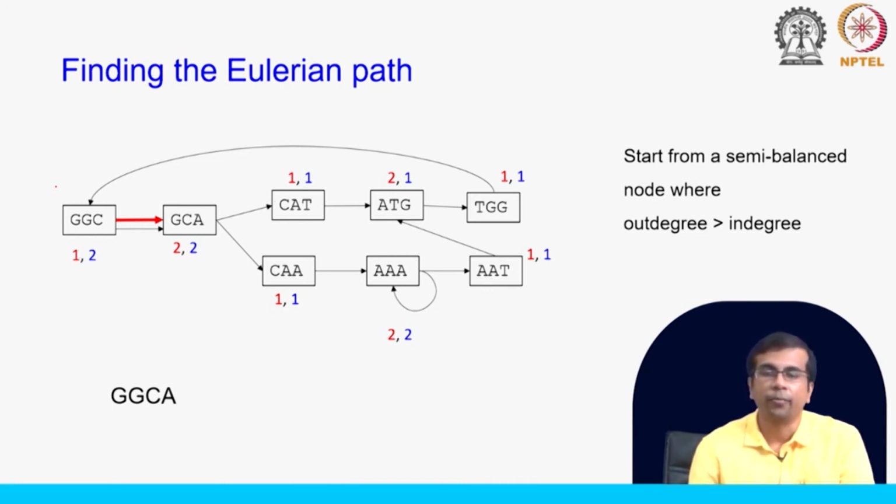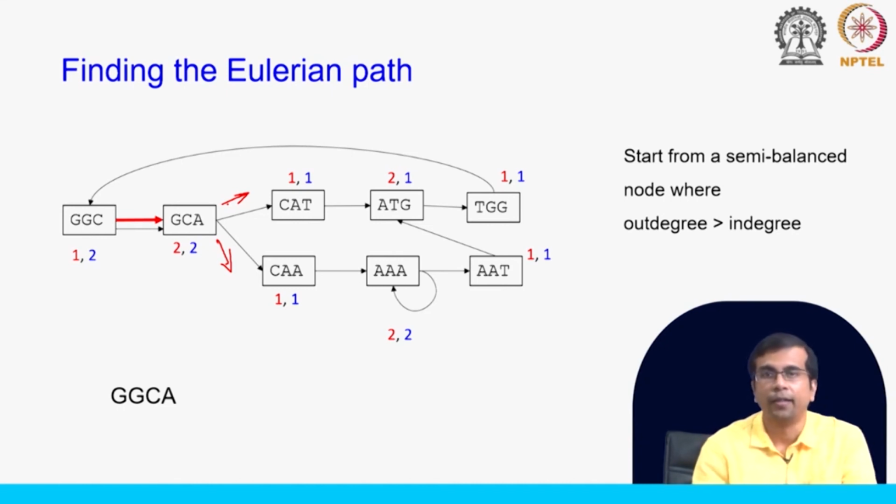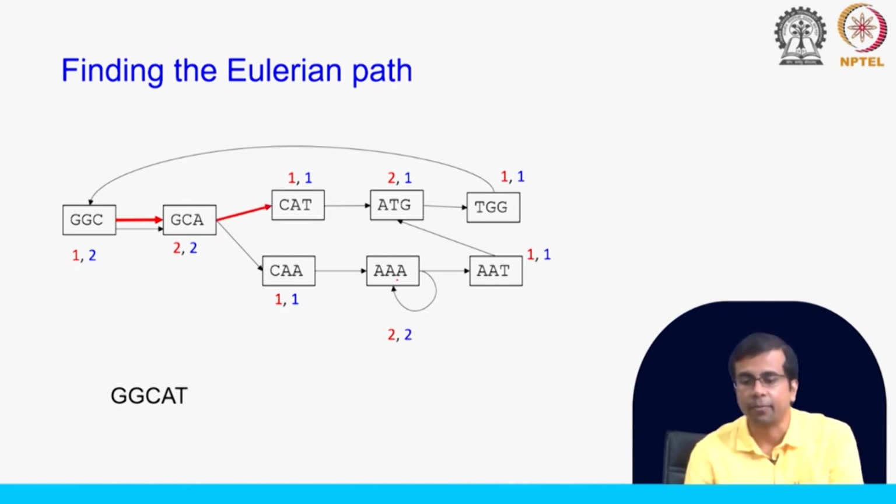Okay. Now, we have traversed through this, and now we have two options. We can take this direction or we can go in this direction. As you will probably see, if we come in this direction, we might not actually get the Eulerian path, but we can try again. But let us now traverse through one direction and see whether we get the reference sequence or not. So, here is this one. We are going to this CAT, so we are also adding this to the reference sequence,